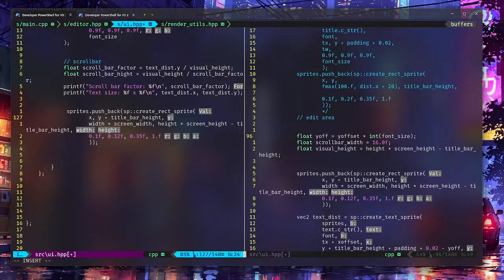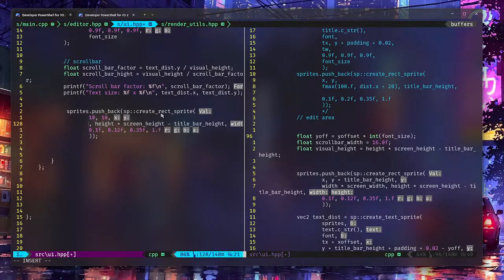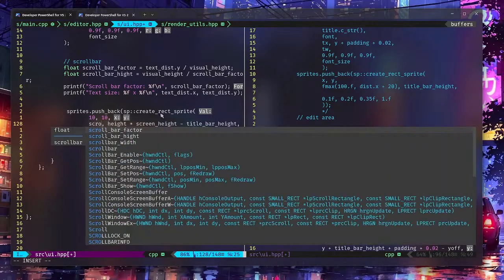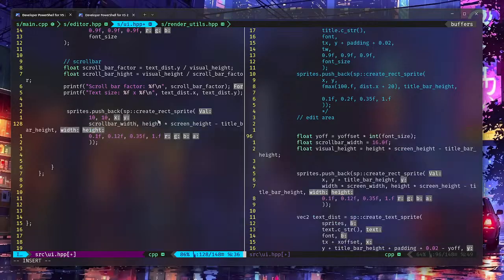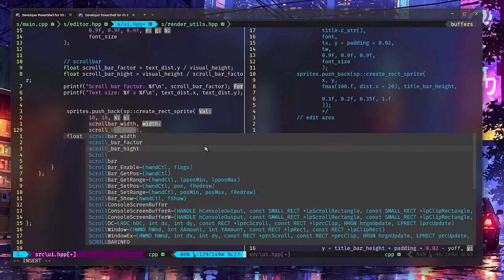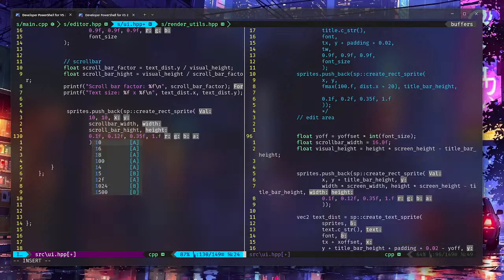And x and y can for now be 0 and 0. If we change that later, it will be 10 by 10. Right. And then for width we have scroll bar width. For height, you can have this scroll bar height. And maybe just we want to get a red scroll bar. And now if we compile,